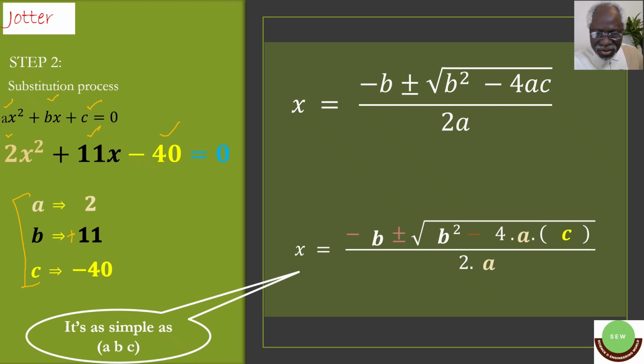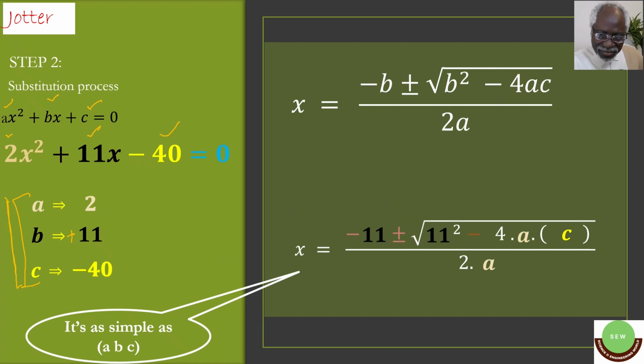We need to now substitute the letters in the quadratic formula with the numerical values that we have in the comparison here. b, the first letter in the quadratic formula, will disappear to give room for its value here, which is 11. And the second b in the square root will also disappear to give room for its value 11